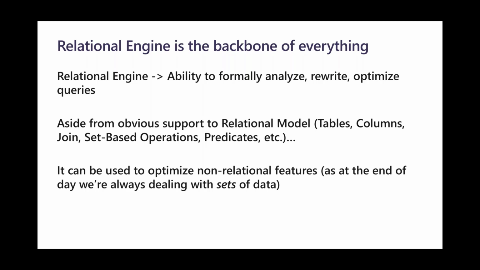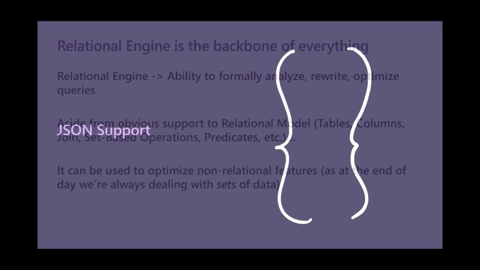So when we can combine the benefit of the relational engine with multi-model support, and by multi-model I mean support for JSON, geographical data, XML, and so on, it gives you the benefit of both worlds. You don't have to change the database platform. Now, for complete clarity, a lot of those things are supported in platforms like Azure Cosmos DB as well. In fact, Cosmos DB natively supports JSON.